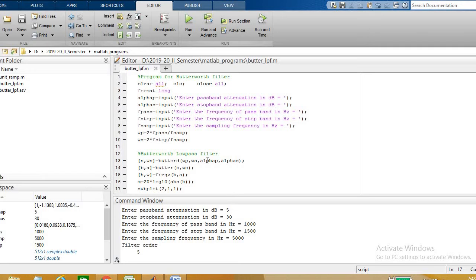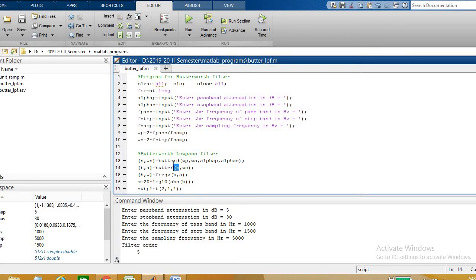Now how to design the Butterworth filter? For designing it we require the order and cutoff frequency. N is the order of the Butterworth filter, and omega n is the cutoff frequency. The inbuilt function in MATLAB is buttord. It is used to find the order of the filter and the cutoff frequency.